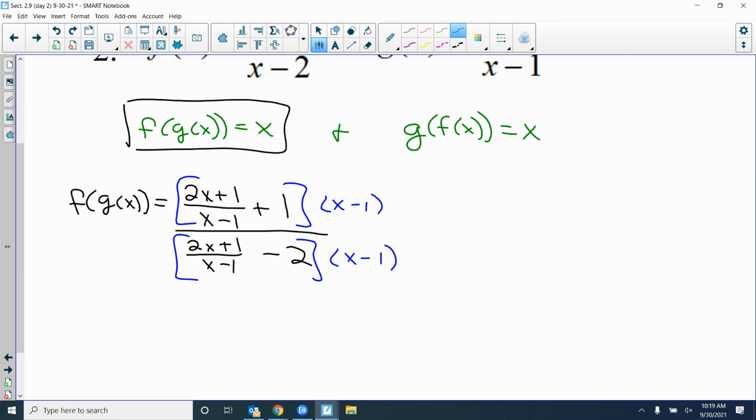Okay. What does that give me on the top when you go through that? Brandon, what do you think? 2x plus 1 plus 1, then parentheses x minus 1. Okay, good. This x minus 1 cancels with that, and so you're left with the 2x plus 1 plus 1 times x minus 1. And in the denominator,